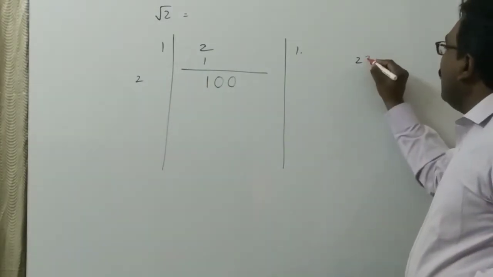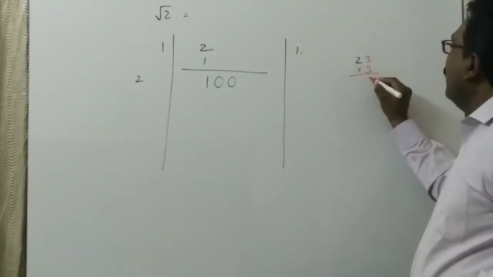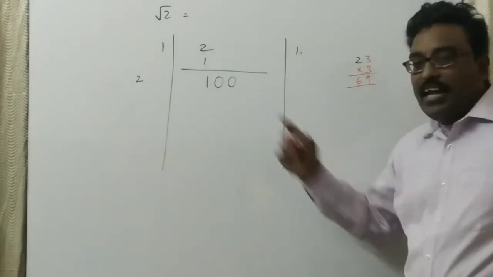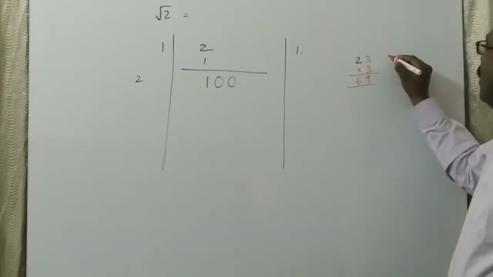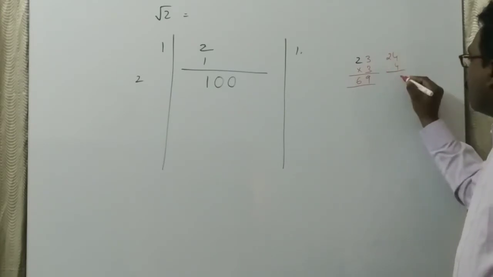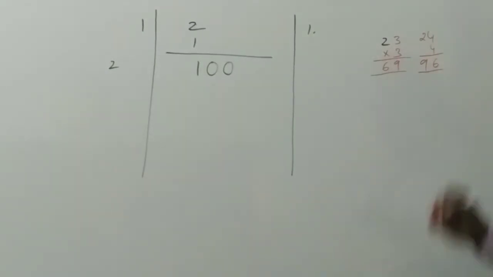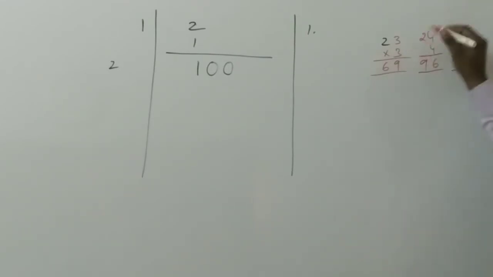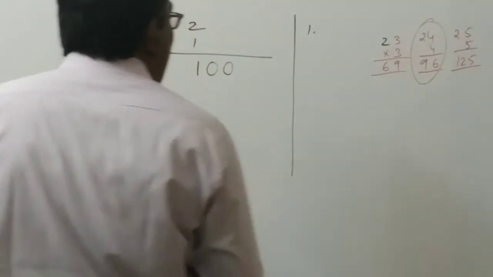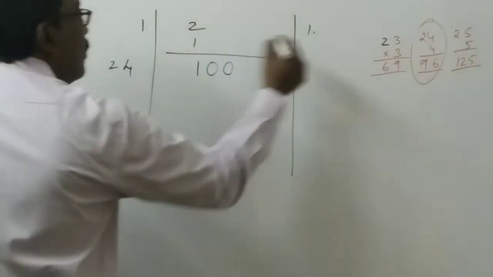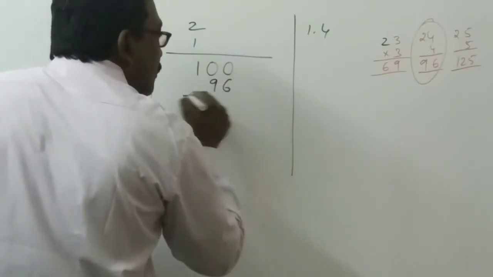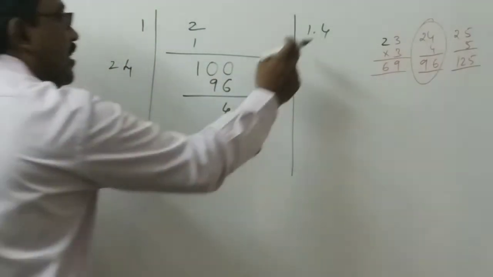Okay, 1 doubled is 2. I am trying with 3. I am placing 3 here. 9, 6, 69. Okay, little less. I am doing 4. 4 4s are 16. 1, 96. Very close. I'll try with 5. 125. It is more and that is less. This is close to the number. So, how much am I taking now? 4 times I am taking. So, 96. 4 remains. Already decimal is there.